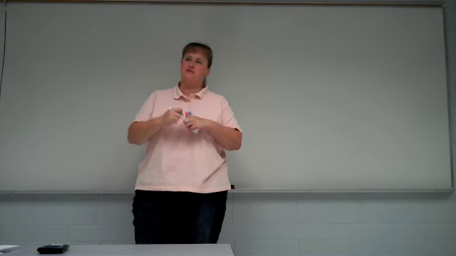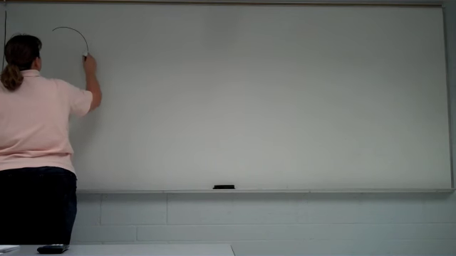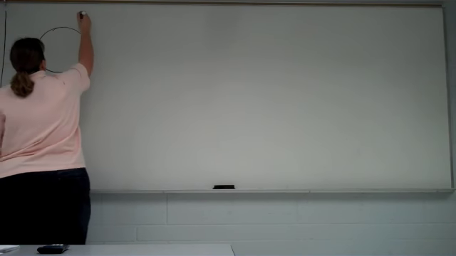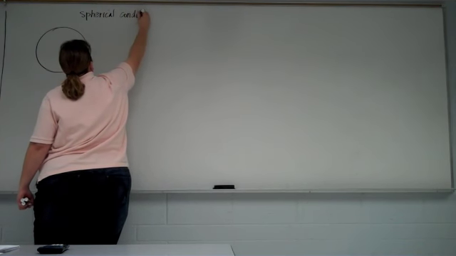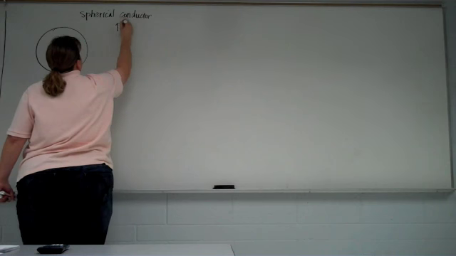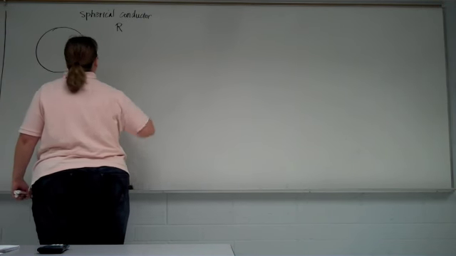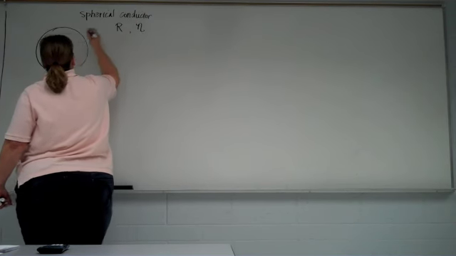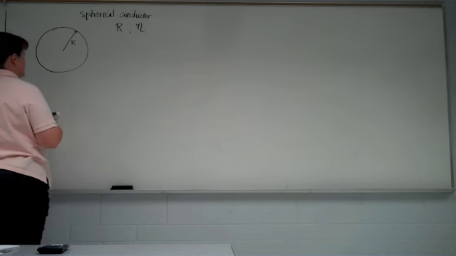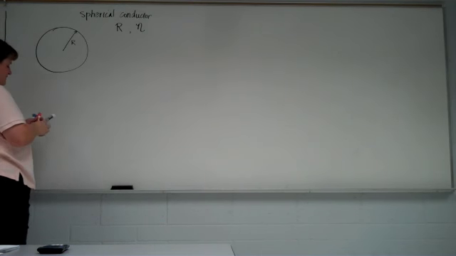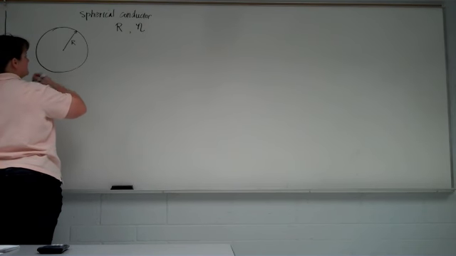So let's do an example with the surface charge density. Let's say we have our sphere, a conductor, that has a surface charge density of eta and a radius of big R. If we wanted to find the electric potential between any two points that were outside the sphere, we would need